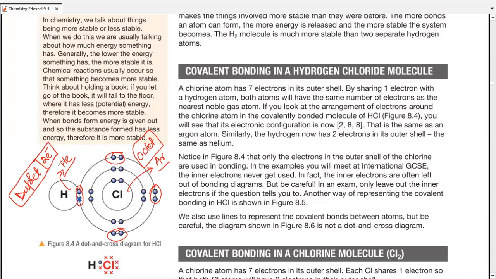And that's how hydrogen becomes stable as well as chlorine did. Make sense, right? That's what's happening over here. And the same thing is explained right over here in the parts where they consider actual configuration and discuss the same thing about it. So they just share electrons to be stable, right?